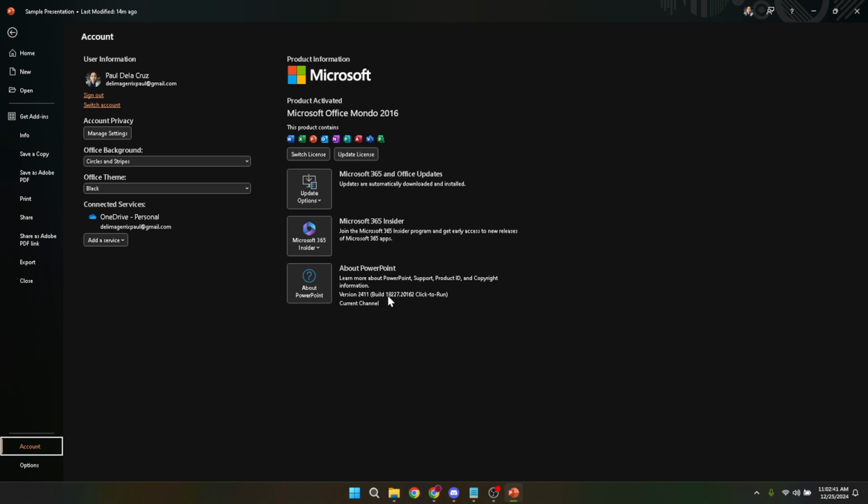And that wraps up our tutorial. I hope this was helpful and that you're now more comfortable navigating your way through PowerPoint to find essential software information. Remember, staying informed about your software versions ensures a smoother, more secure experience while you create, present and collaborate